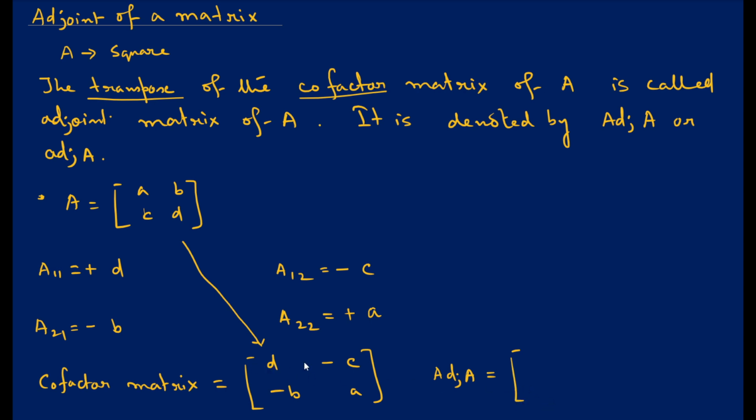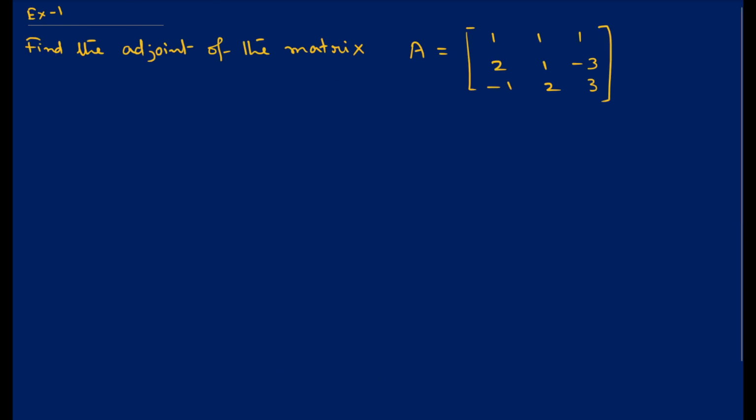So transpose कैसे निकलता है? So here this first row, no? This first row we have to write in the first column, D, minus C, and then the second row we have to write in the second column, minus B, and then what? A. So this is the transpose of a matrix. So it's very simple. First you find the cofactor, फिर आप लोग उसका cofactor matrix लिखिए and then take what? Transpose.